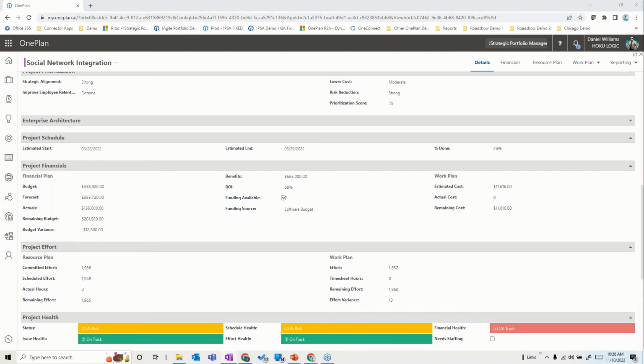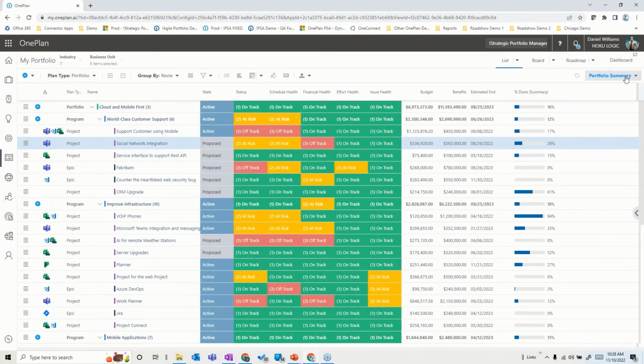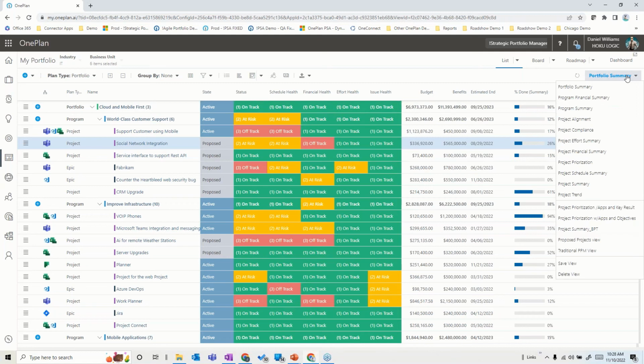So if I go back to the portfolio, for example, and take a look at, say, instead of this particular view, let's say I go into a project summary financial view.